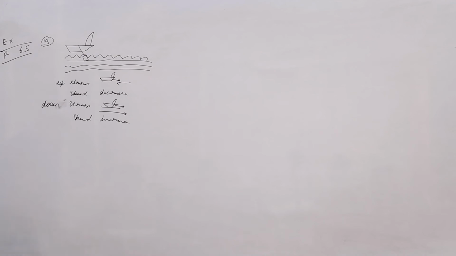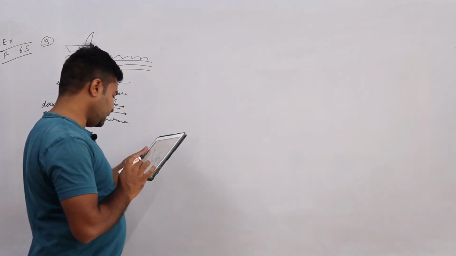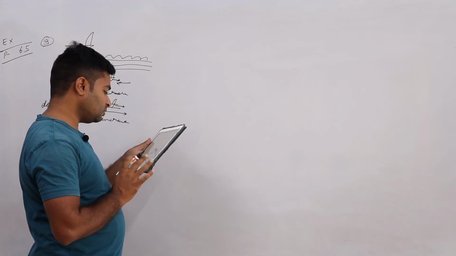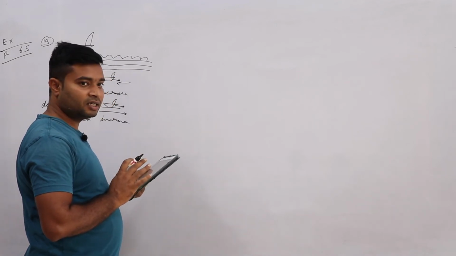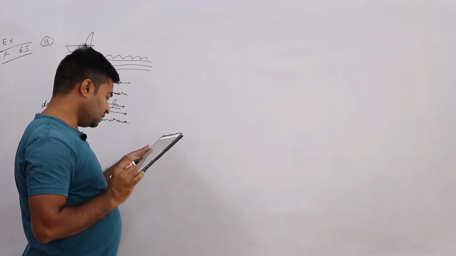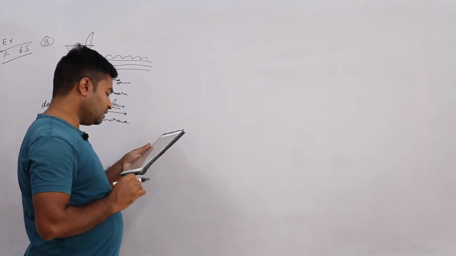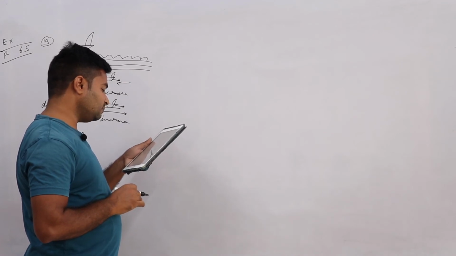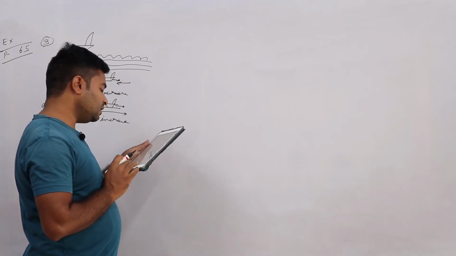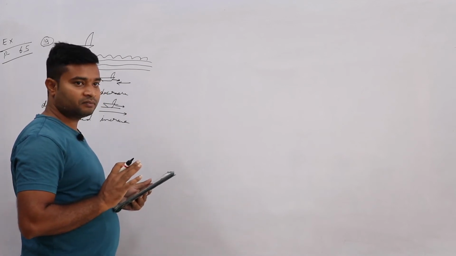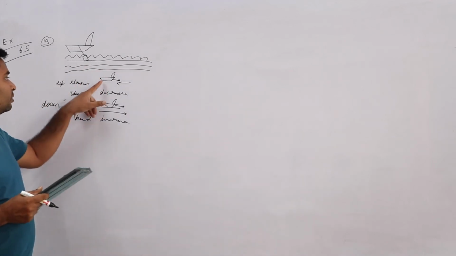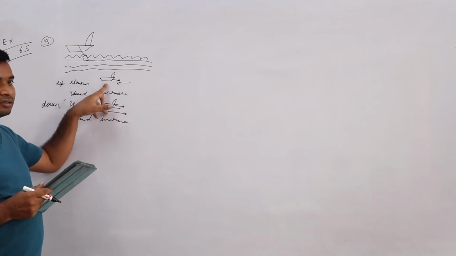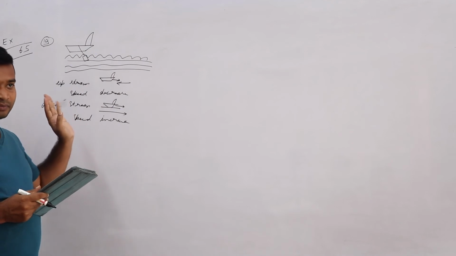Now read the question. A boat goes 30 kilometer upstream and 44 kilometer downstream in 10 hour. In 13 hour, it can go 44 kilometer upstream and 55 kilometer downstream. Determine the speed of the stream and the speed of the boat. So let the speed of the boat be x and the stream be y.